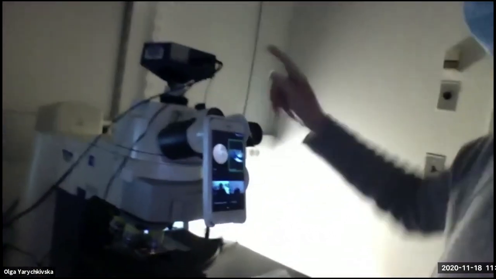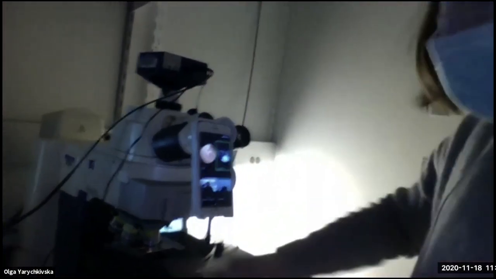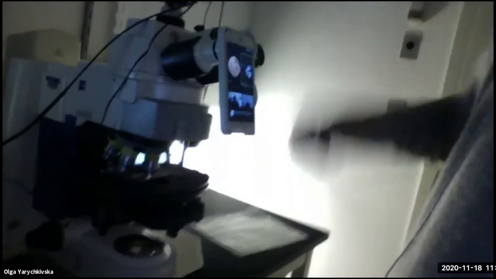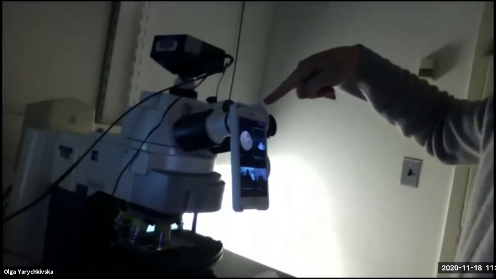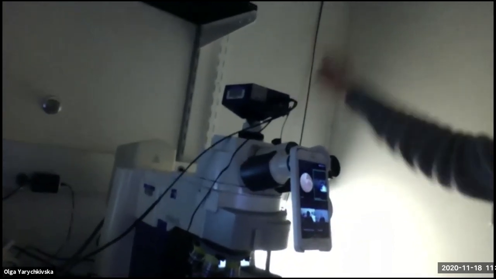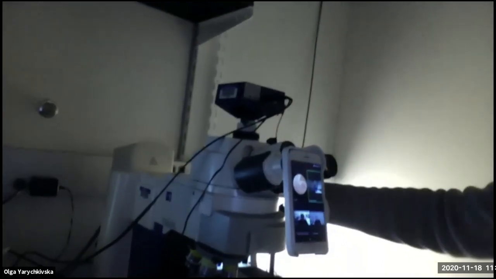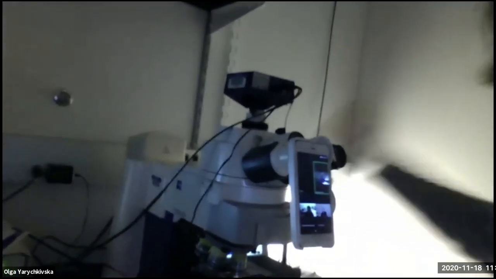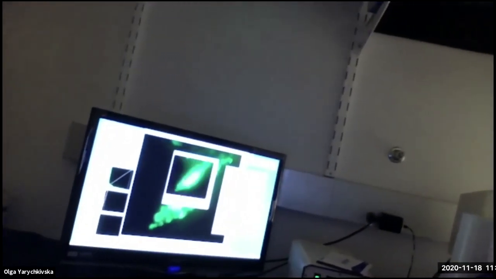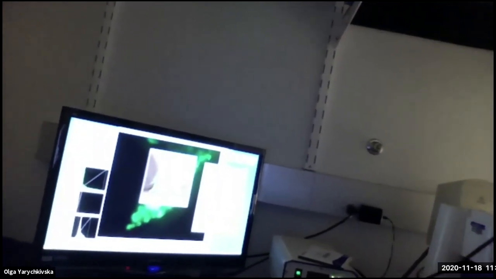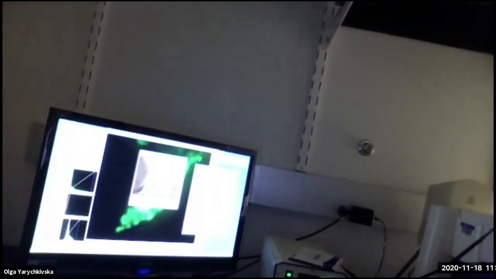Now I have to unfortunately remove the filter because now all the light goes to the objective and goes down to the slide, and the output goes to my phone. However, in order to take a picture, I need to direct the output to the camera that is up here. So to do that, I need to switch. You won't see the worms on your screen anymore, but we will take a picture. You can probably hear the noise a little bit. This is our picture.